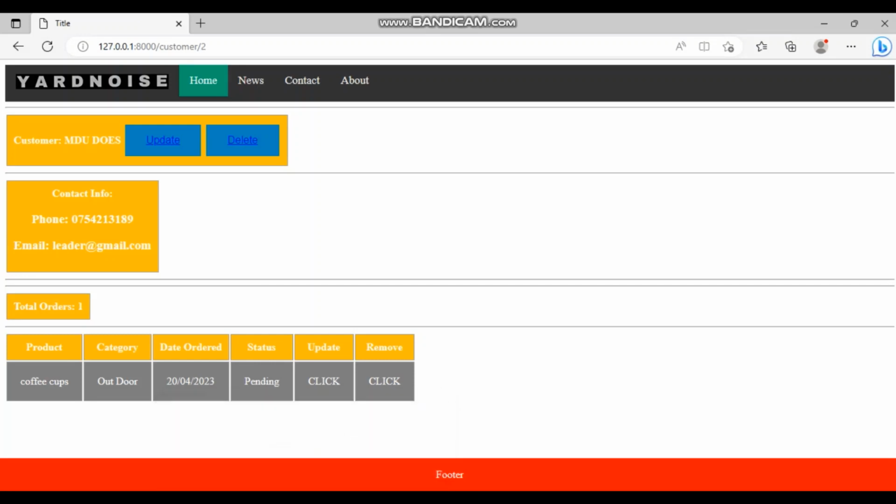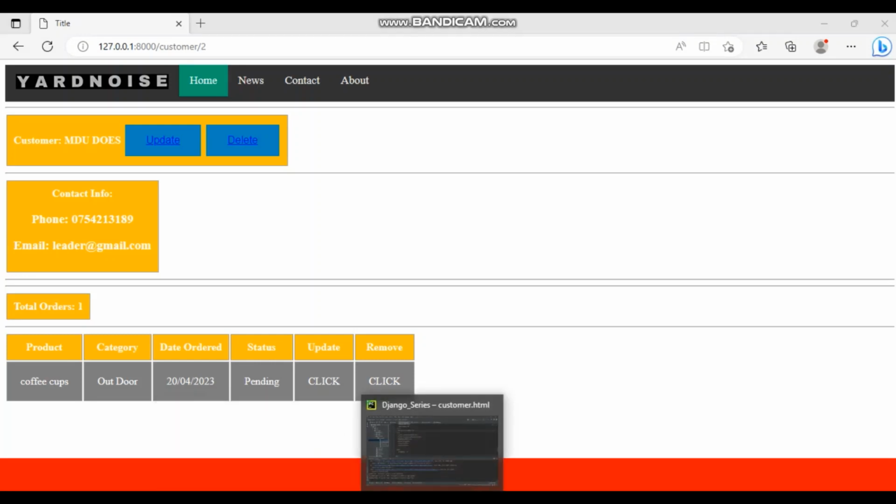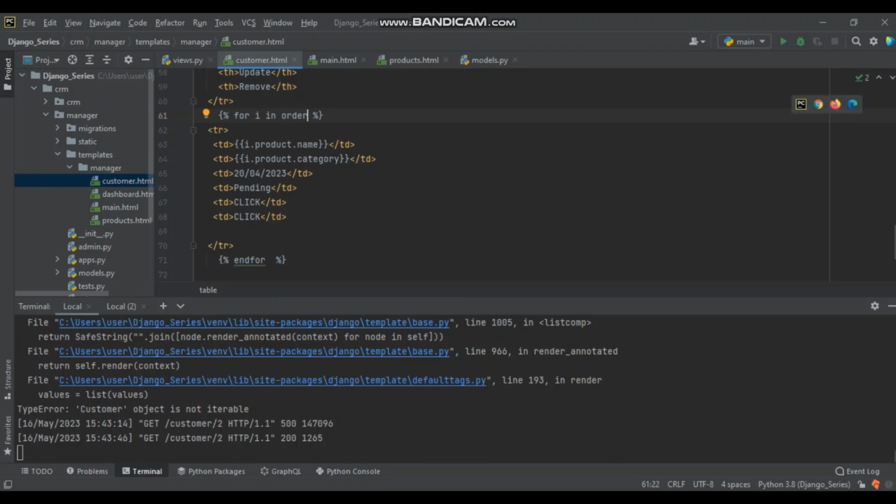It's supposed to be order, and it is order. And then here, this is not from the database, so we need to put what's in the database. So we're gonna say I dot date created,